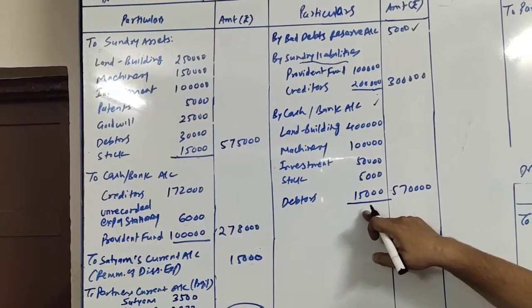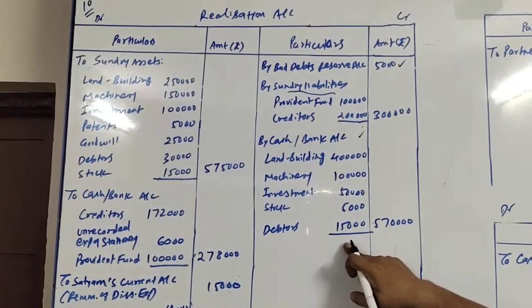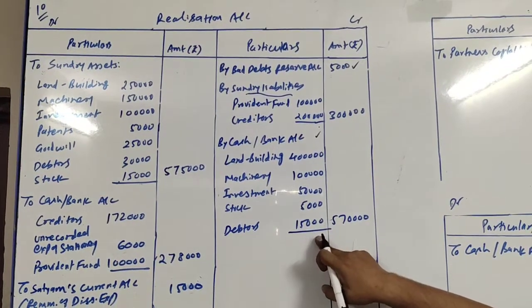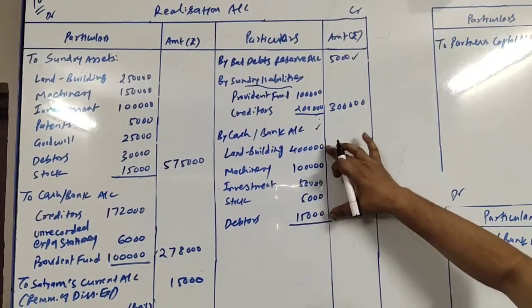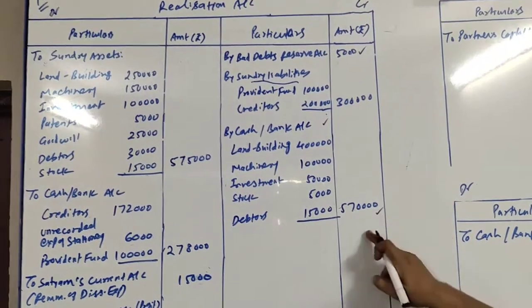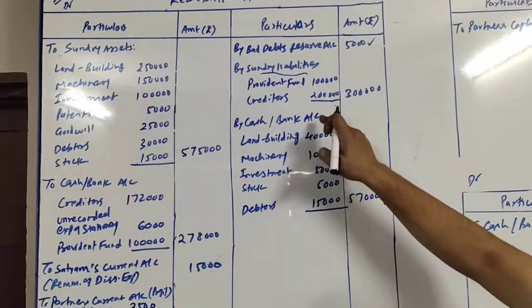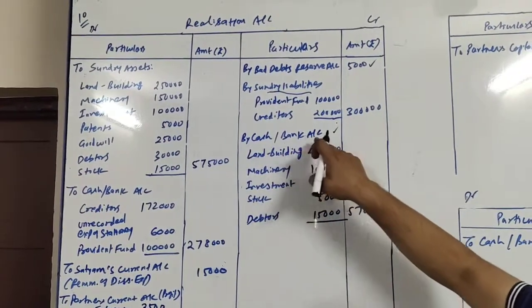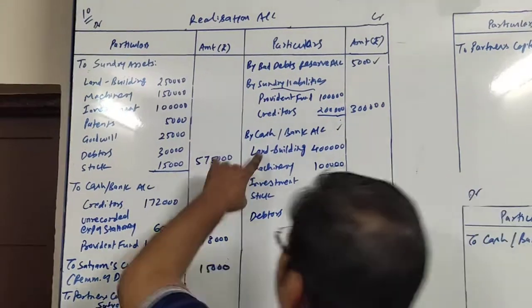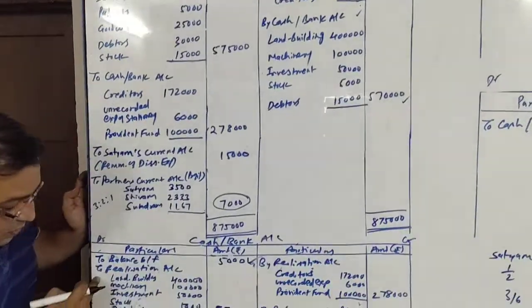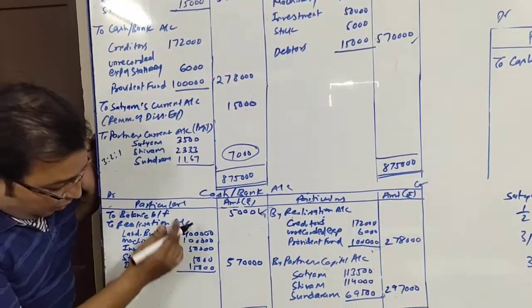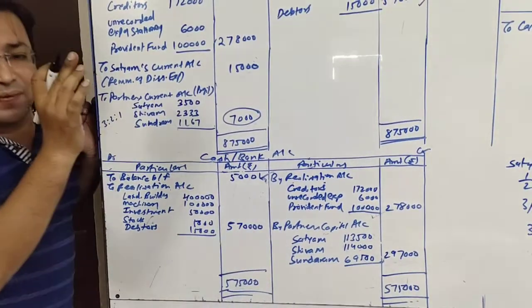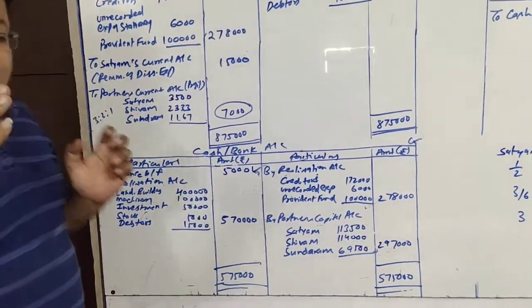So we don't need to give any entry for writing off anything. We will just give the entry for its realization. So 15,000 are realized, and 15,000 we have written. Now the total of all 5 items is 5,70,000, as it is credited to realization account and debited to cash account. So on the realization account credit side we have written cash and bank account, and on the debit side of cash and bank we will write to realization account, and all 5 items, their values and total 5,70,000 as it is.